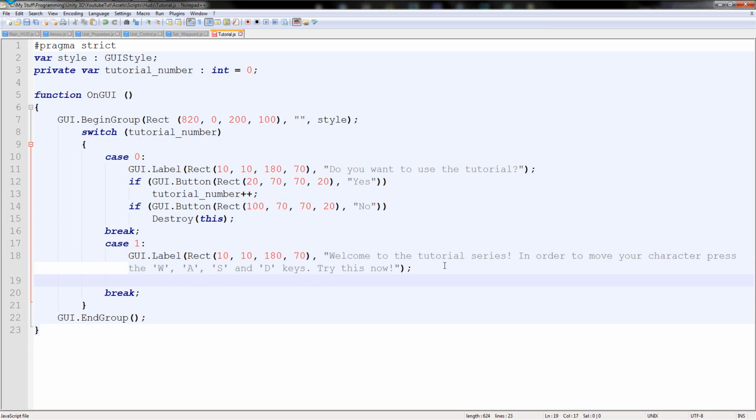So I'm going to type here if input.GetKeyDown W, and then we have to do this for every single one, which is really awkward, but hey. So W,